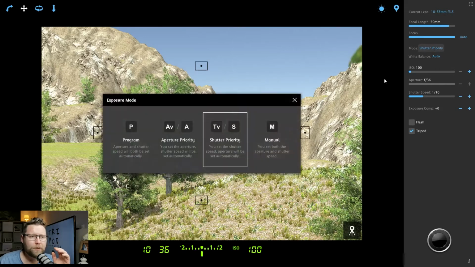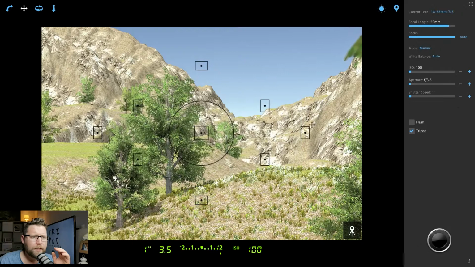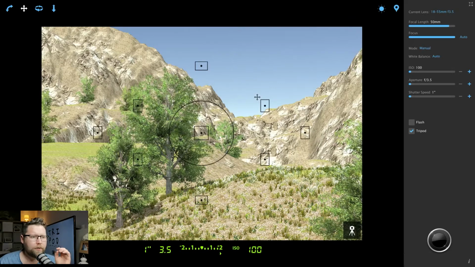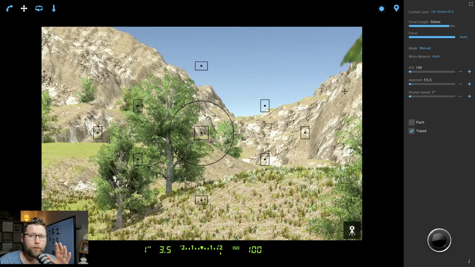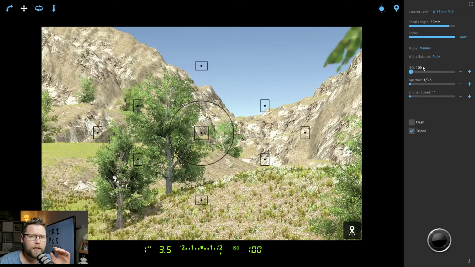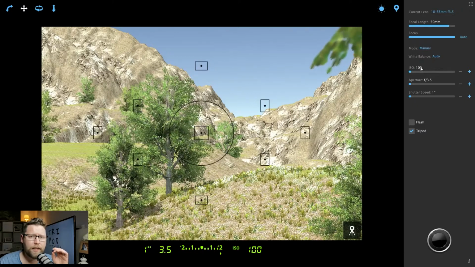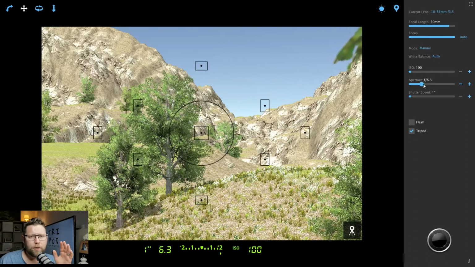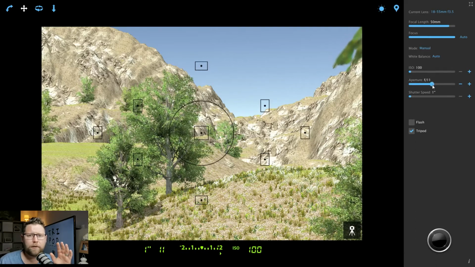So let's get into some proper examples. So when you have a scene like this in front of you, you can say to yourself, it's a landscape scene. I want lots of depth of field and a really clean image. By saying that, you've already decided two of the criteria for your exposure triangle. Your ISO is going to be 100 because you want a really clean image, and your aperture is going to be somewhere up around f11 or f16 because that